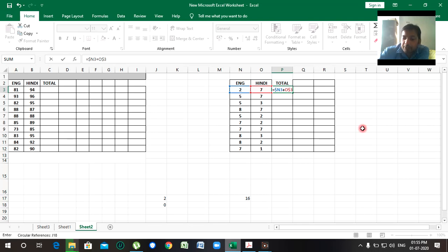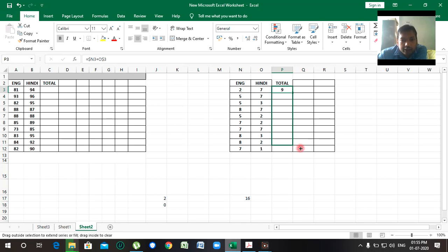When we press enter, the sum of 7 plus 2 is 9. When we drag it, the value will change accordingly. See here, the value has been changed. This is the mixed reference.